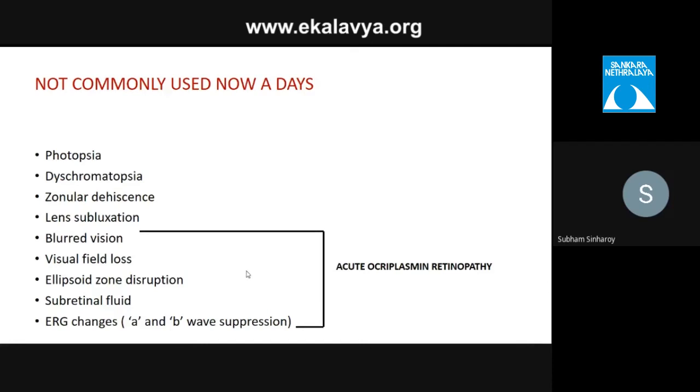So they have a doubt: the whole ocriplasmin was introduced just to have a vitreoretinal separation or a dehiscence, so how is it causing a widespread effect on the retina and all these other complications? Basically, ocriplasmin is a non-specific serine protease. What they hydrolyze is the laminin in the vitreoretinal interface. Laminin is also present in the retinal layers, in the outer plexiform layer, in the external limiting membrane, in the photoreceptor matrix, between the RPE and the retinal adhesion, and also in the lens ciliary zonules.